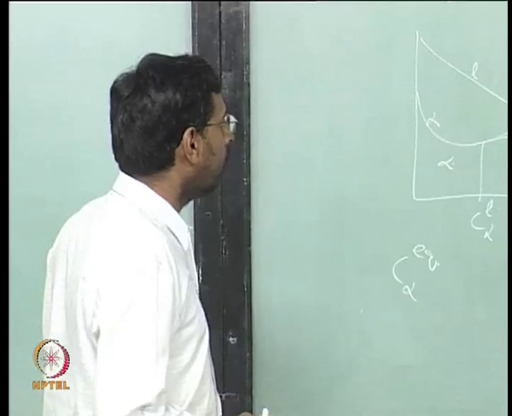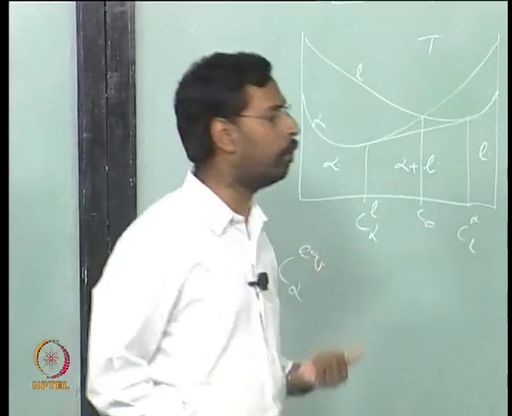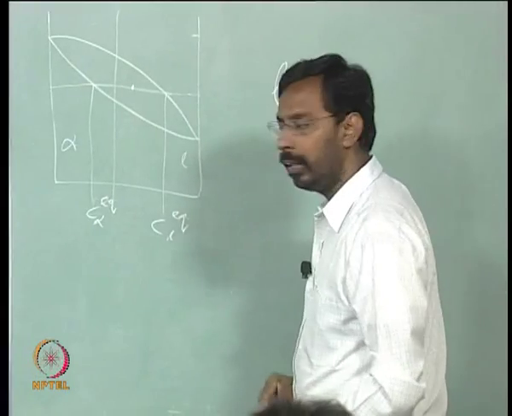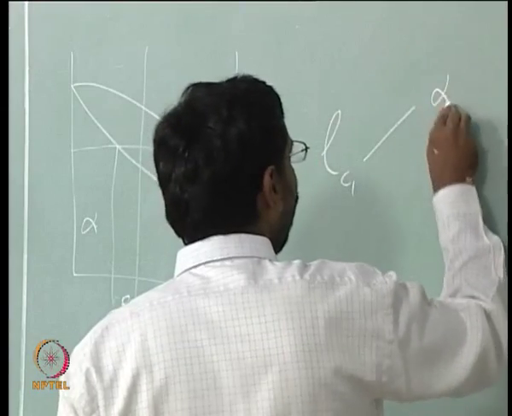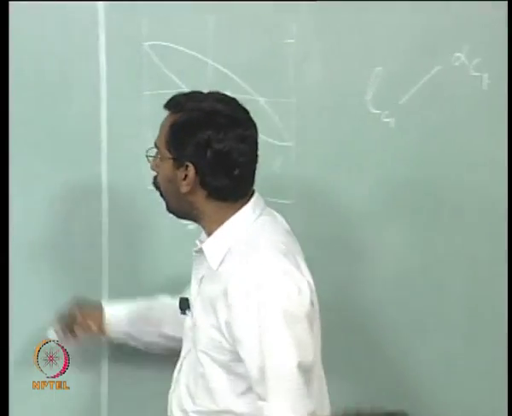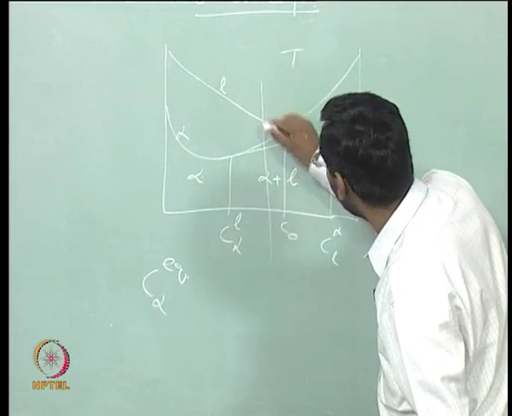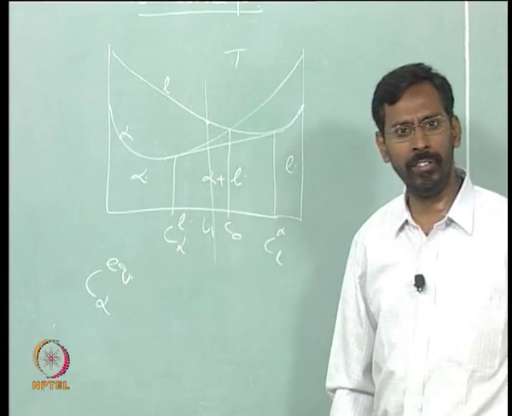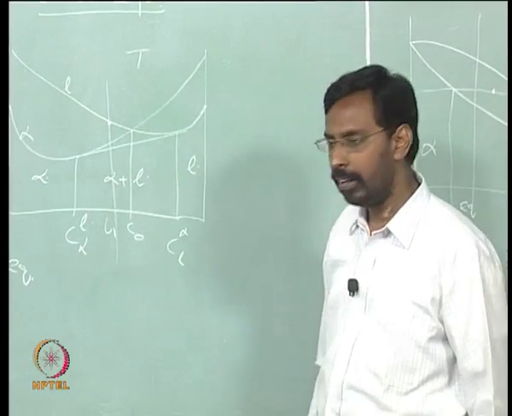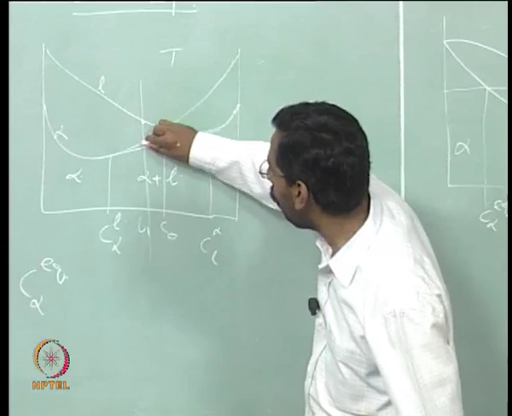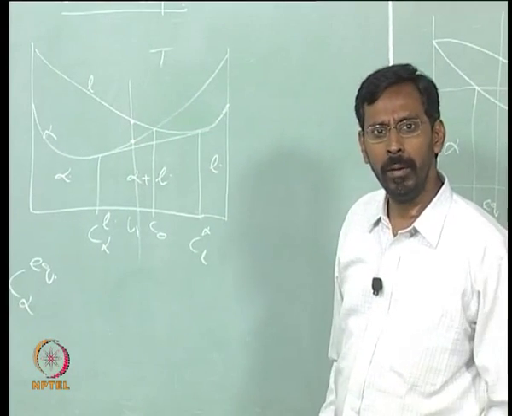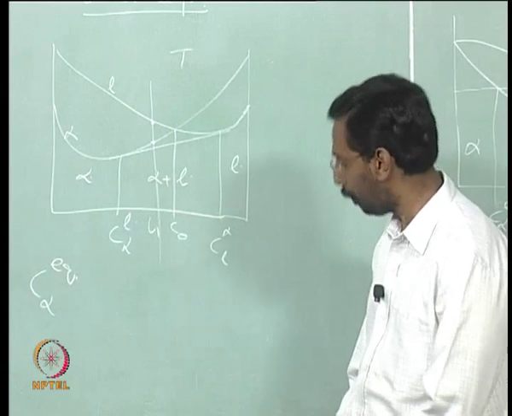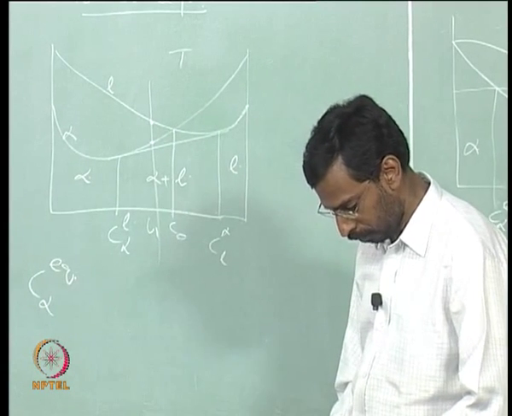That is where we have said that particular liquid has two possibilities. One, this liquid of C1 composition can become alpha of C1 composition, because if I choose a composition like this C1, that C1 composition will have a free energy of this, which is what we have seen in the last class, and that can come to either alpha having this composition or alpha plus liquid having this composition. One minute, let me close this.